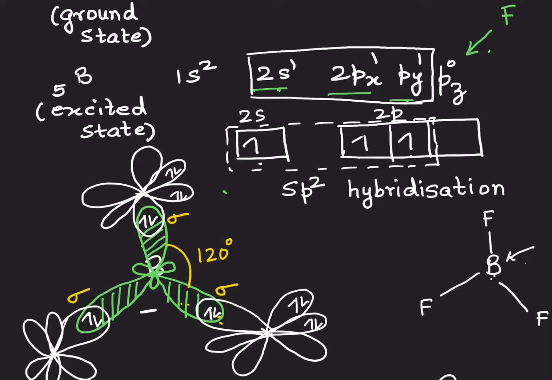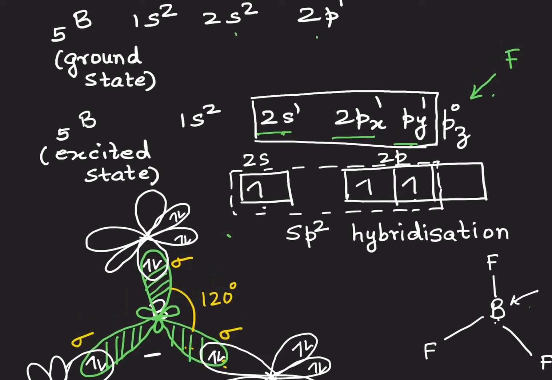Now based on this concept, I will give you one example to do yourself. You've got the structure here, you've got the atomic number here. Why don't you try and draw the structure and represent the type of hybridization in BH3, boron trihydride. I know it actually exists as diborane, B2H6. We shall talk about it separately. But if I am giving you to draw the structure of boron trihydride BH3, please try and explain hybridization in boron trihydride.